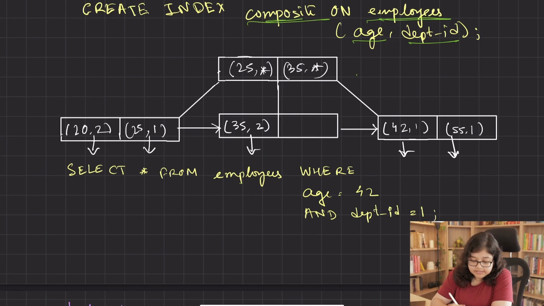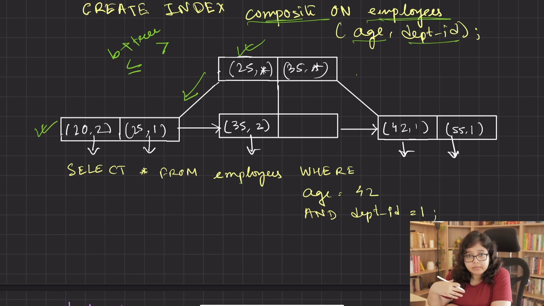Typically, a composite index is stored in B plus tree in most of the SQL databases. In B plus tree, the left children store the values which are less than or equal to that of the parents, and right children store the values that are greater than parent. Searches start from the root node, travel through the internal nodes, and then finally reach the leaf node, and then the relevant data is loaded into the main memory. To know more about B plus tree indexing, you can watch our video on clustered indexing versus non-clustered indexing. The link is present in the description box.